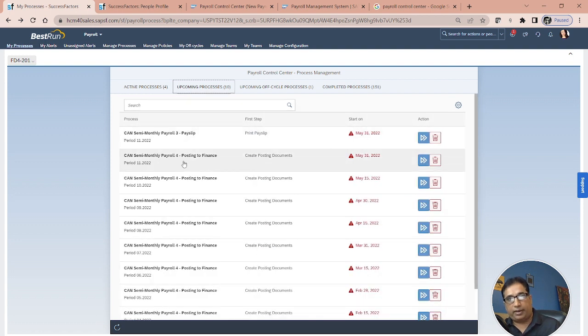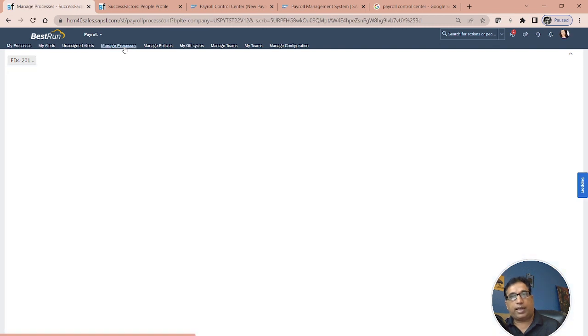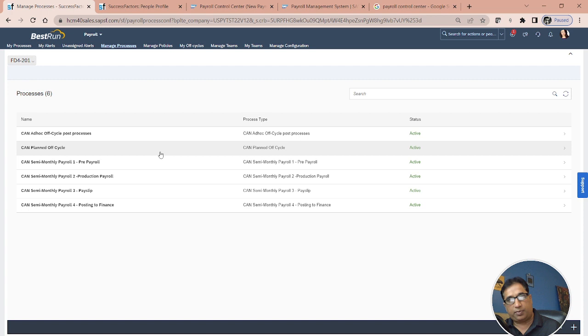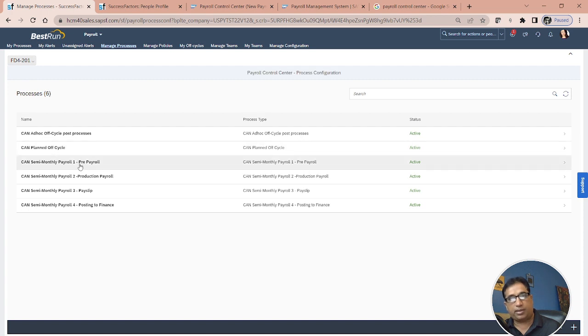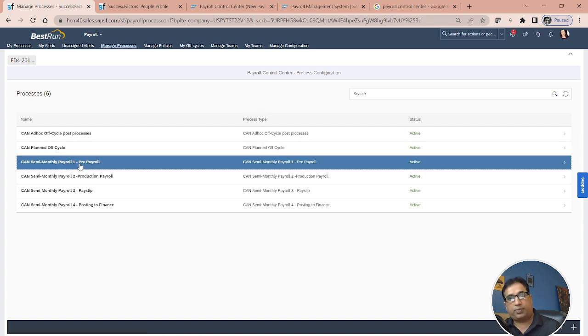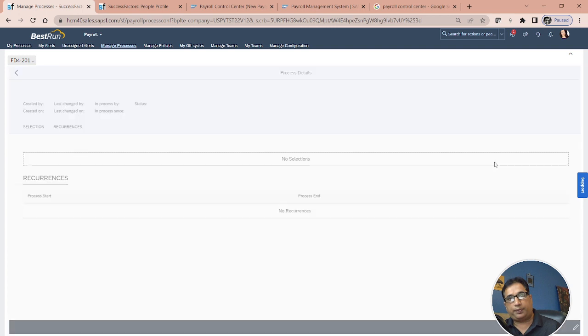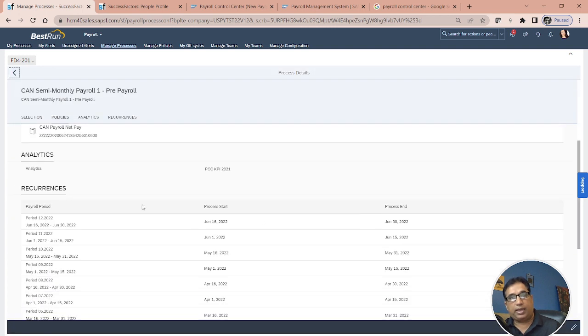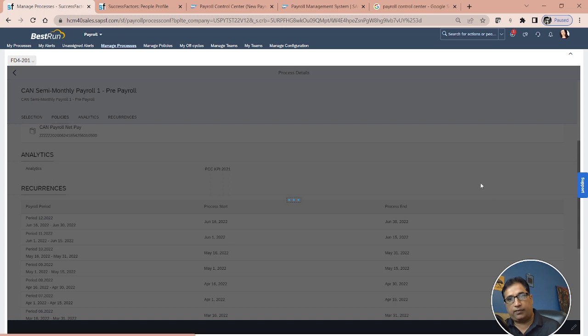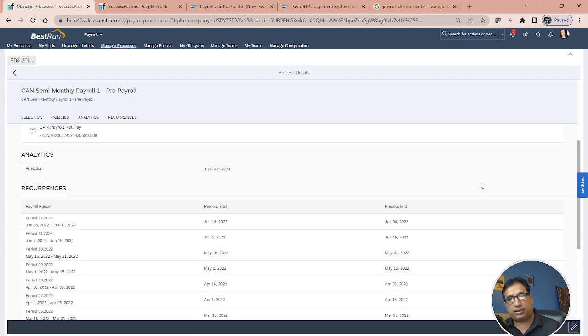So if I'm a payroll admin, I will typically go to the manage process. It takes some time because it is trying to fetch the data from the EC payroll. I come over here and there is a pre-payroll. I click on the pre-payroll and it's only defined till period 12. If I change this and add period 13 here,